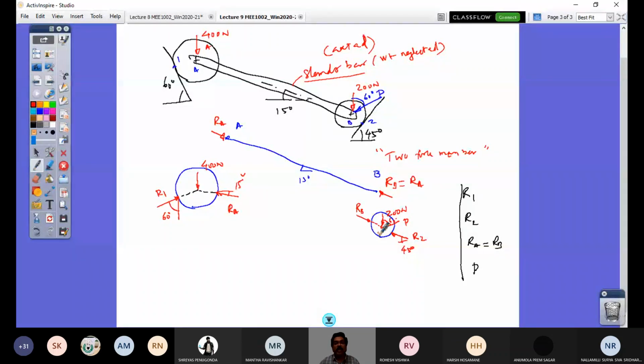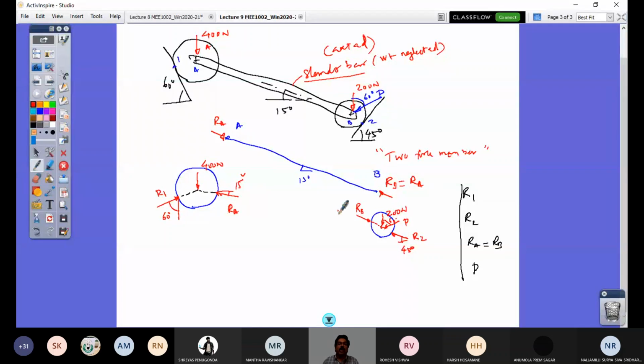You see here, I have one two-force member AB, one three-force member, this disk A, whereas disk B is not a three-force member. If I do not include this, it would have misled me into treating it as a three-force member, but it is not. I have here four forces. So I have all the combinations of what you have learned so far to apply.